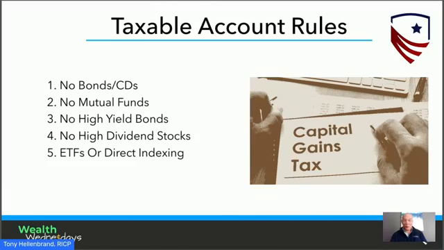Right now, that might be throwing off $5,000 or $6,000 in income, and again, it's interest income because it's a bond. So now you're taking $6,000, $7,000 worth of income. Plus, if it's a high yield bond mutual fund, not only are you taking this big giant income that's really tax inefficient, but at the end of the year, they might also go boom and distribute a big capital gain. So no high yield bonds, no mutual funds, no CDs. You also, believe it or not, don't want high dividend stocks in a taxable account. So what we try to do is something called coordination.